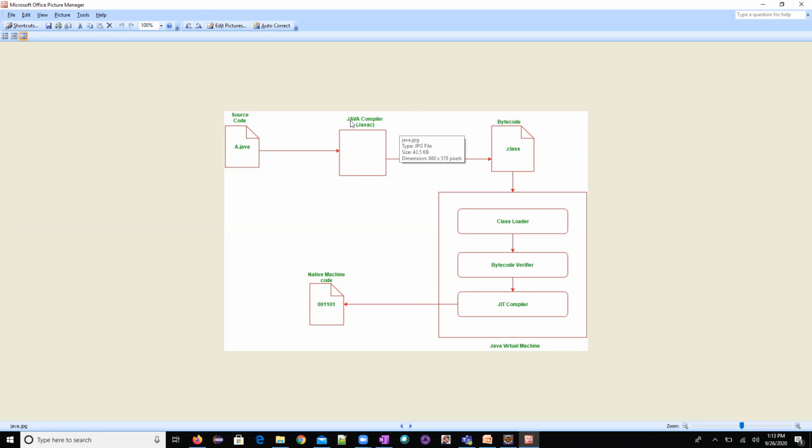So the interpreter is not required for us. Interpreter and compiler are competitors. Compiler is used in Java, interpreter is used in Python. The job of both is the same, converting into bytecodes, but they do it in a different way.